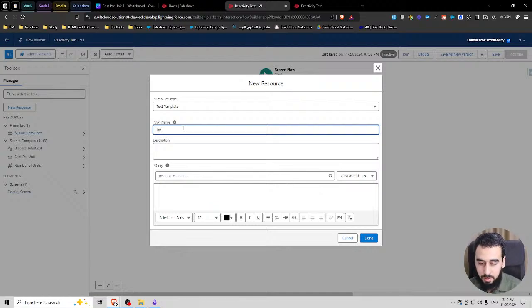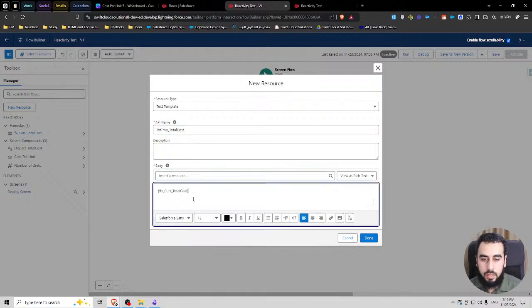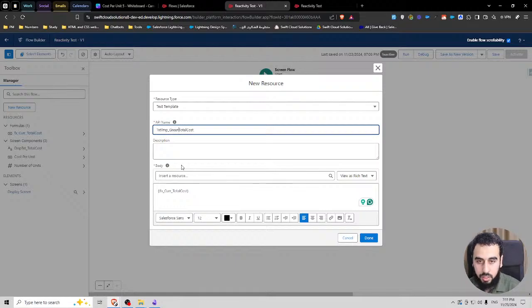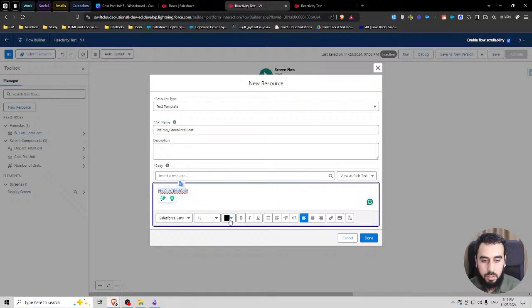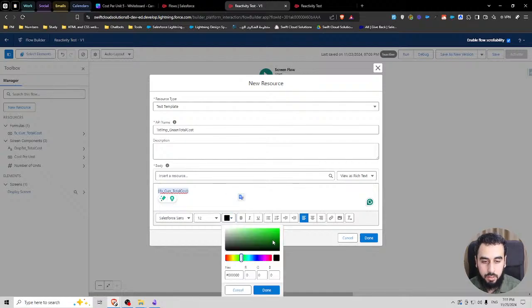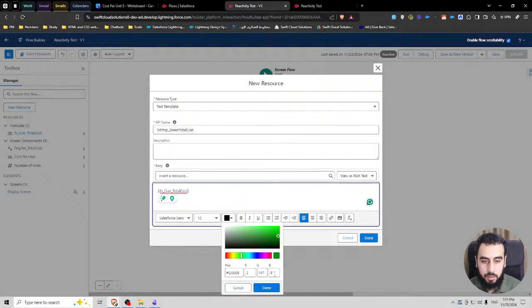So I'm going to create a text template, total cost, and that's this here, and let's say green total cost, and let's make this just green for now. Done.